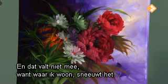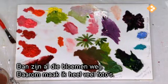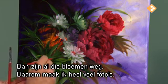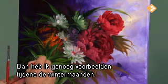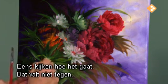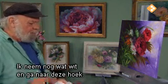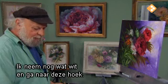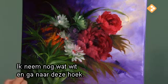Because if she didn't, it would be very hard to get a lot of this, because where I live, it snows, and the flowers all go bye-bye, so I have to get out there and take as many photographs as I can so that during the winter months, I have all this reference. Yeah, well, how are we doing? Not too shabby. Maybe we'll take a little of our white paint, and we'll come over here into the corner,